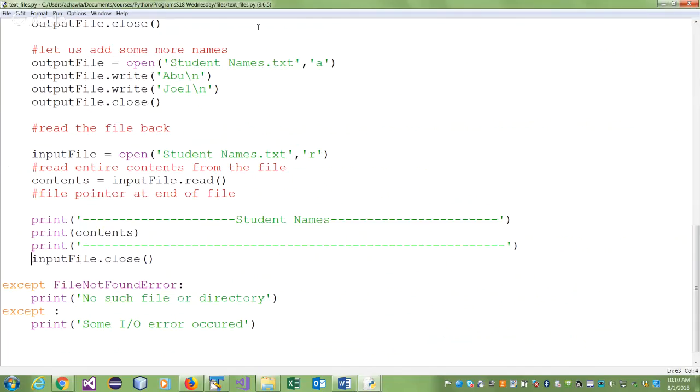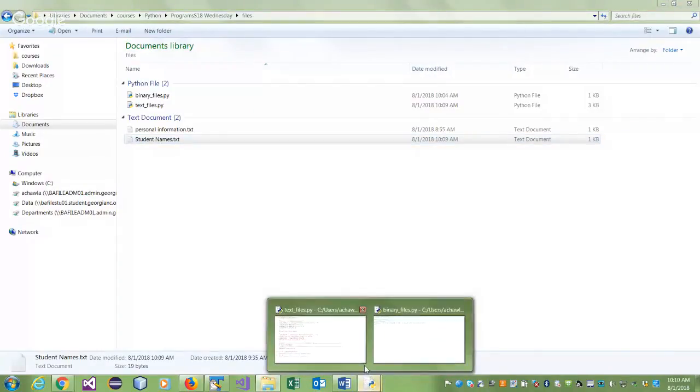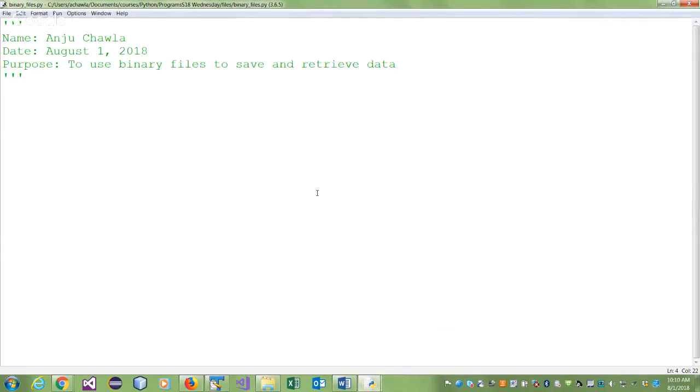Now the main difference between binary files and text files is that binary files are not human readable, and you cannot create them by hand. I don't have a program where I can say open TextPad and create a binary file, because a binary file is limited to being created and used by a computer. Okay, now we'll do a small example, and I'll show you how it works. To use binary files, you will have to import